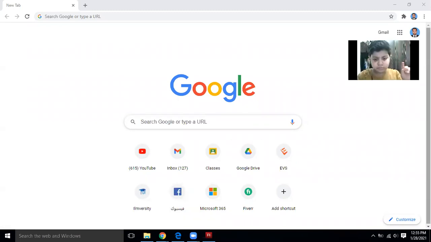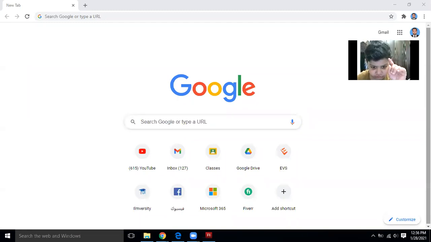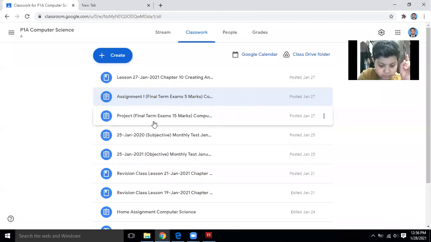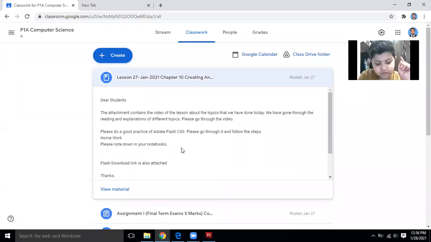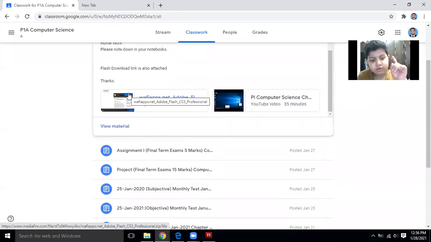Yes, Saad Fayaz. Sir, I'm downloading the link that you sent on the Google Classroom, and it said that it was like 321 MB. So it is the right one, right? I had already given the link in your classes, and that link was already shared with you, showing how we can download. I think in the last class I gave this link. Once again, I gave you the link of the Flash CS3. Can you see right now on your screen?